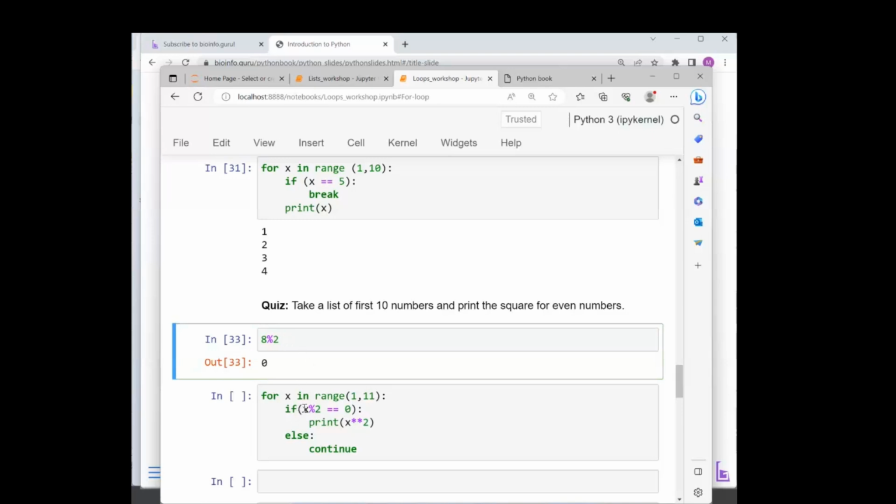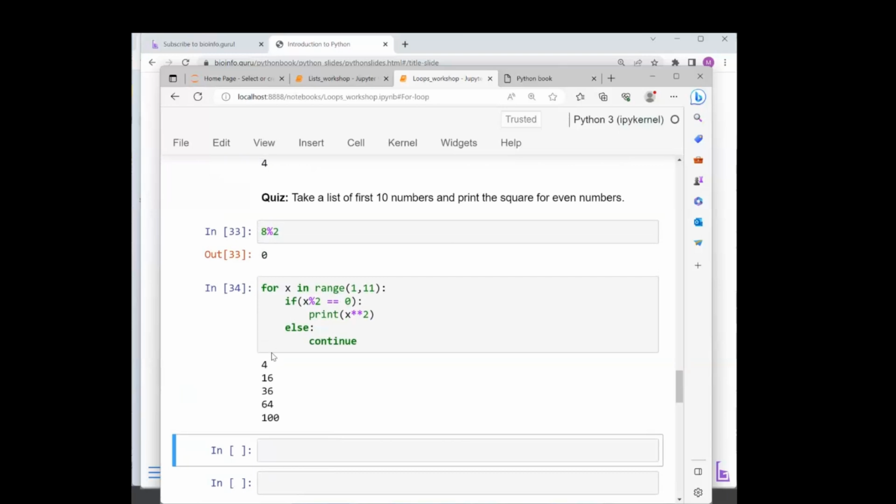So what we are checking here is that if x modulo 2, or when you divide x by 2, what is the remainder? If the remainder is equal to 0, then print x raised to the power 2, because we want to print squares. Else continue. So if we run this,